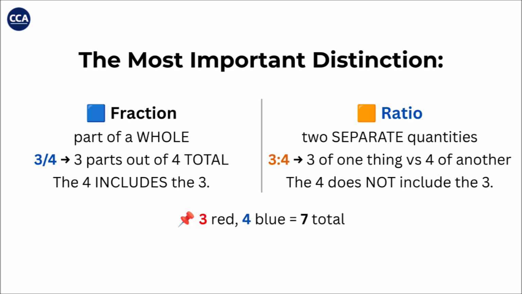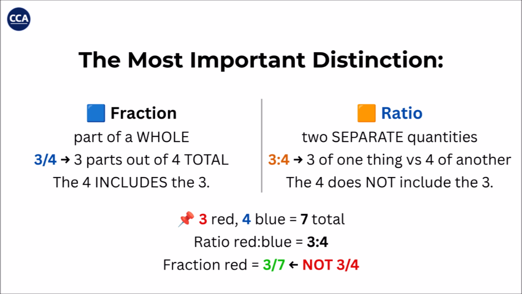Here is the clearest example. A bag has 3 red marbles and 4 blue marbles. 7 marbles in total. The ratio of red to blue is 3 to 4. Two separate groups being compared. The fraction of red marbles in the bag is 3 over 7, which means 3 parts out of 7. Notice, the fraction uses 7 as the denominator, not 4. And it's because the fraction refers to the whole bag, not just the blue marbles. This is the number one source of confusion. A ratio of 3 to 4 does not mean 3 over 4 is a fraction, unless it is a part-to-whole